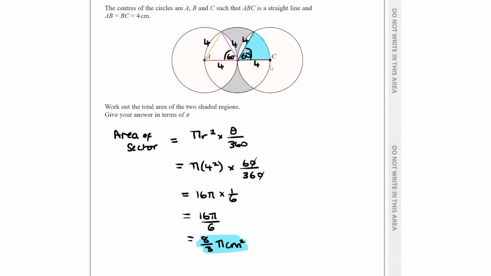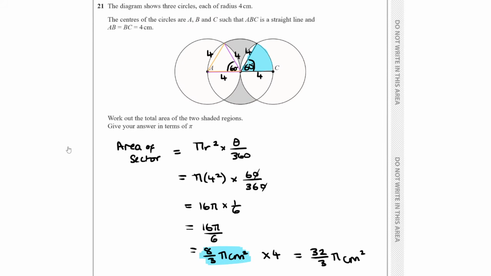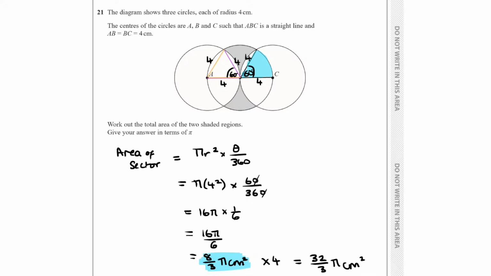Now there are 4 of those, aren't there? See how there would be 4? There'd be 1 down here, 1 on the left, or 2 on the left, 1 up and 1 down. There would be 4 of those. So we could times it by 4. That would be 4 times 8 is 32 over 3. That's all 4 sectors. Now, I then have the bit that's missing